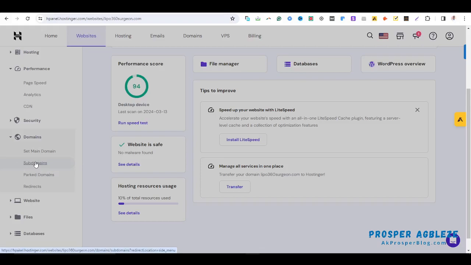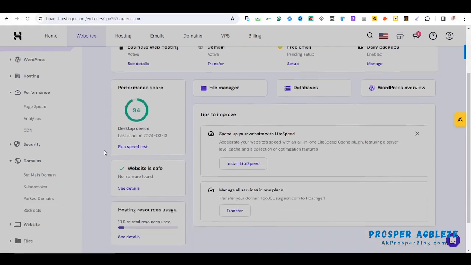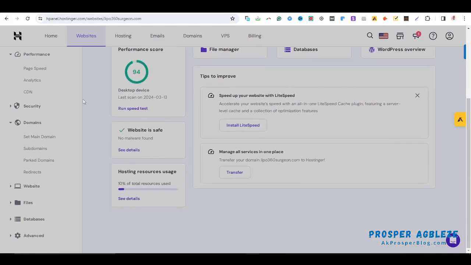So if you don't know what a subdomain is, a subdomain simply means, for example, we have this domain name lipo360surgery.com. So if I want to have something like uk.lipo360surgeon.com or us.lipo360surgeon.com, those are subdomains where you're going to be having a word.yourdomainname.com. I hope that makes sense. All right, so